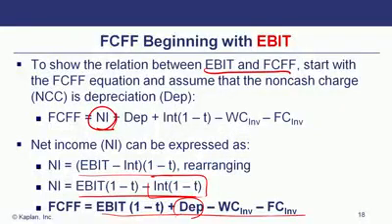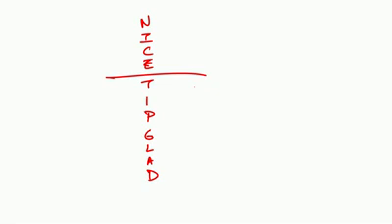But just to loop it around and make sure that we're on the same page here, we can still do this from our mnemonic. You got a nice tip, glad. And just think about it. If I have EBIT, earnings before interest and taxes, well, I have net income. That essentially is earnings before interest and taxes. But EBIT doesn't have the tax, so I'm just going to go 1 minus the tax rate.